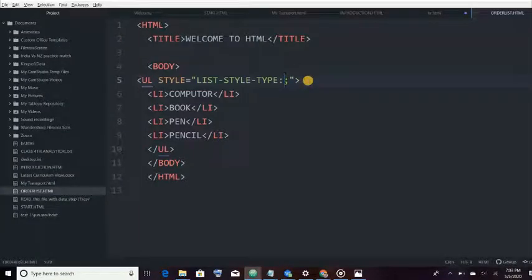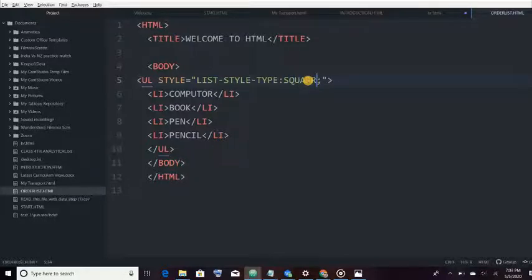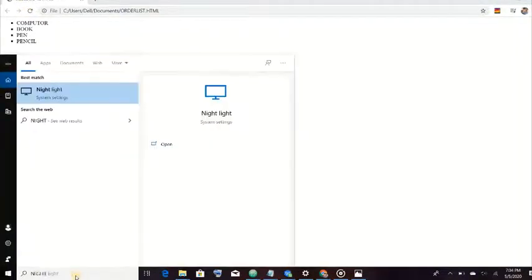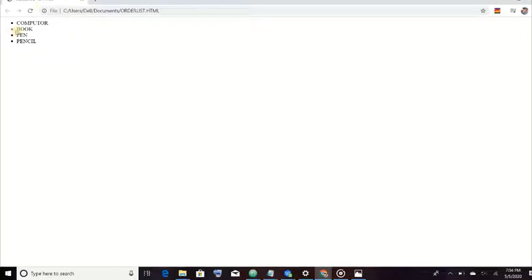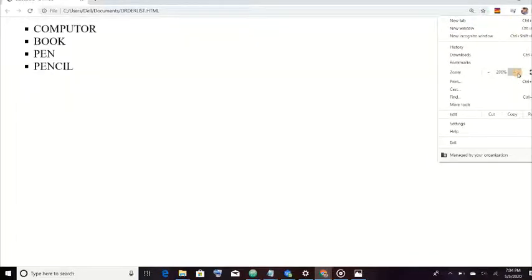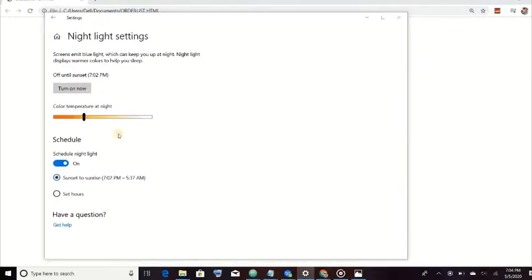So we can change the icon. Now we will insert square, then it will show square. Now you can check and refresh the page. Now it is square, so through this you can put different icons here. Okay, so move to the next coding part, and I will highlight first. Okay, I will maximize the page, and here it is, you can see right now.